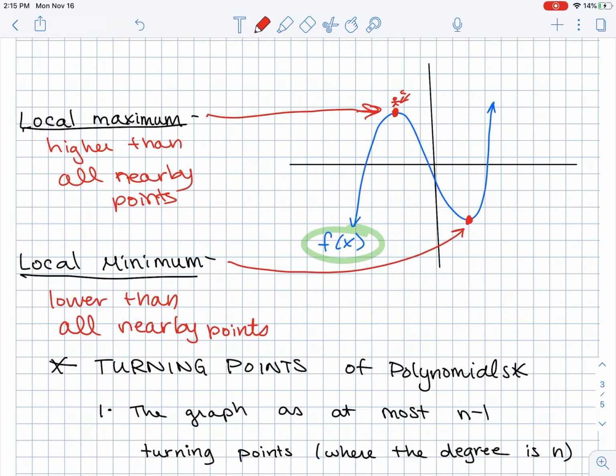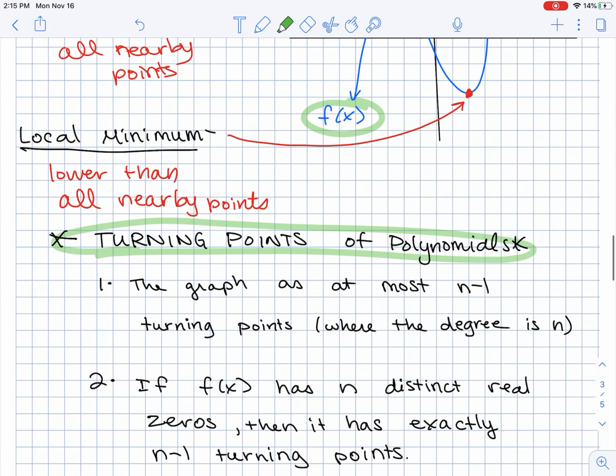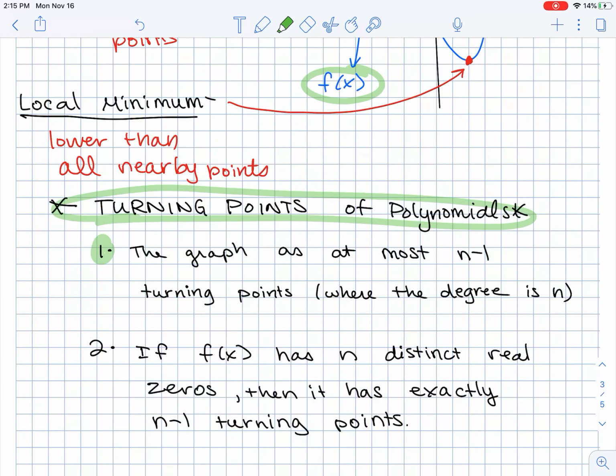Okay, so here's what we know about that. We're going to see peaks and valleys, aka local maximums and minimums, on every single polynomial. And here's how to know how many we can expect there to be. There are turning points, aka local maximums and minimums, and we can think about two different ways. The graph has at most n-1 turning points, or peaks and valleys, if the degree is n. So if n is the degree, we know at most there can be one less than the degree, peaks and